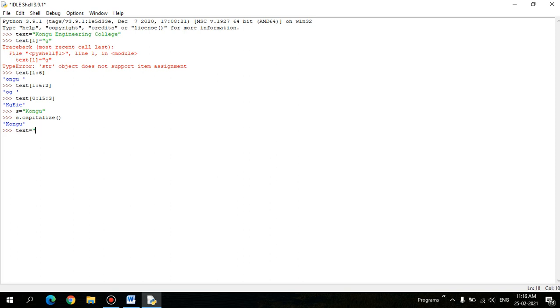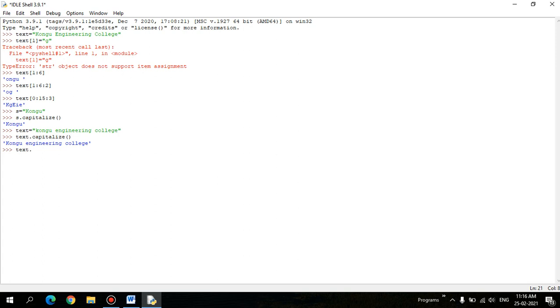Let's take a normal string without title case letters. So txt.capitalize(), then it will display the capitalized first character. So that is what the capitalize function is.